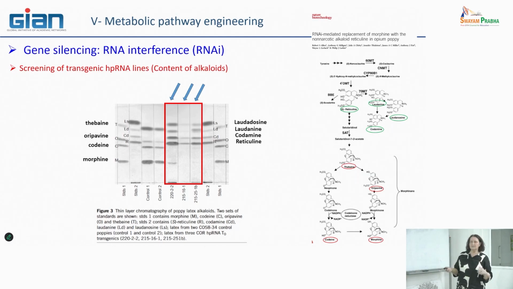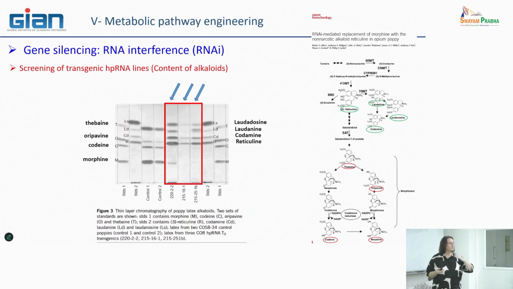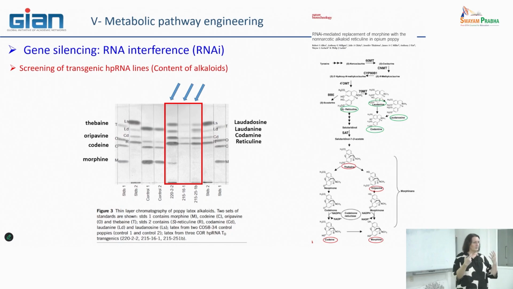And what is interesting is that if these plants are cultivated afterwards to extract, for example, metabolites, we know that the extracts are considerably enriched in these intermediates and they are not contaminated, okay, by codeine and morphine. So in this way, we can completely modulate the type of metabolites that are produced and accumulate in this plant. It depends on what you want to prepare, what you want to purify at the end for several applications, pharmaceutical or food supplements, for example.